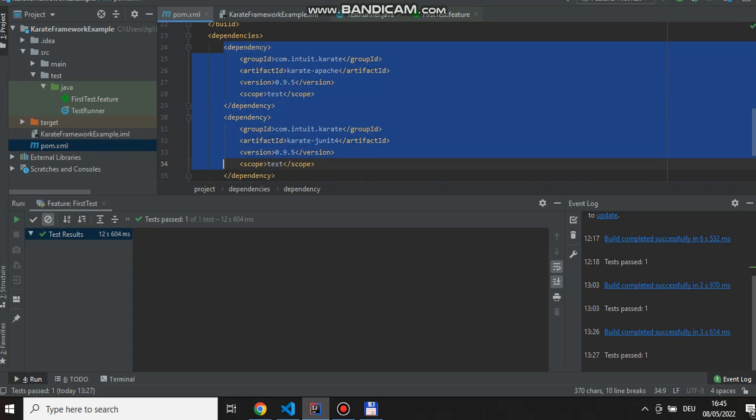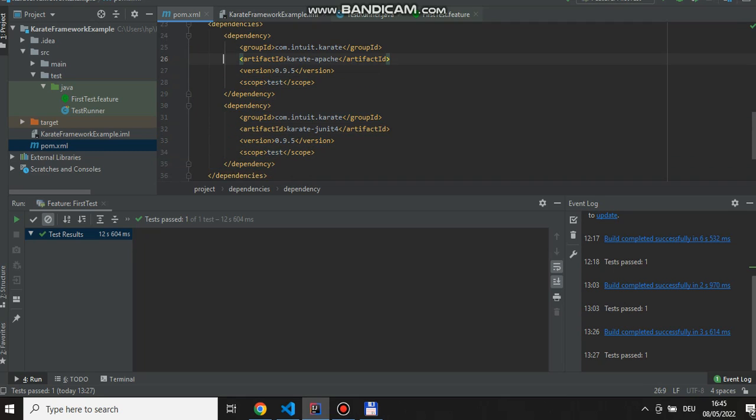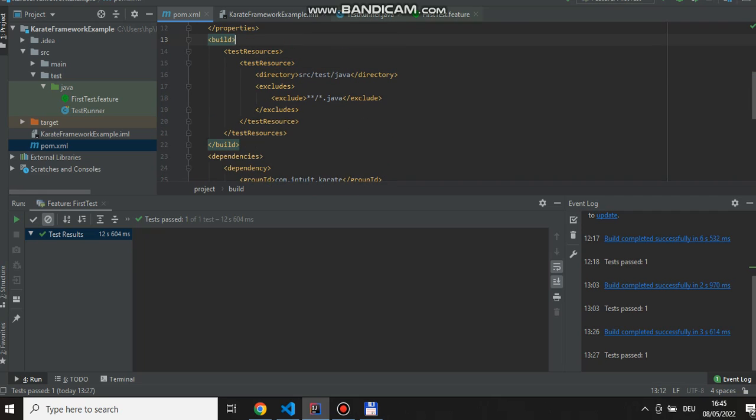Two dependencies, you can see them here. These are important for using the KarateFramework. You can see the group IDs, com.intuit.karate, artifact ID karate-apache, and as second group ID, com.intuit.karate, and the artifact ID karate-junit4. This is important. I have downloaded them from the Maven repository, and also important this block,